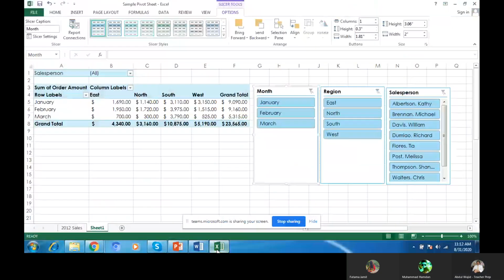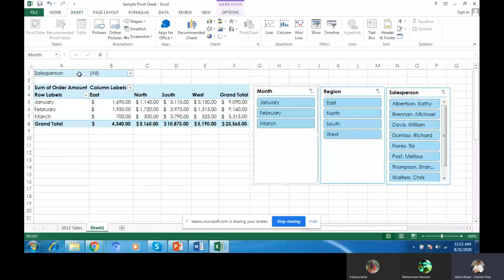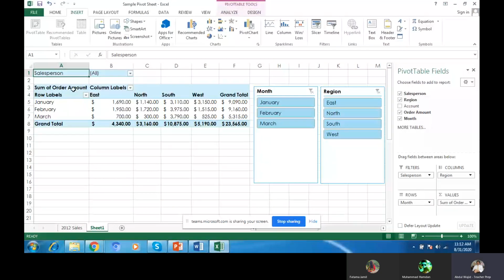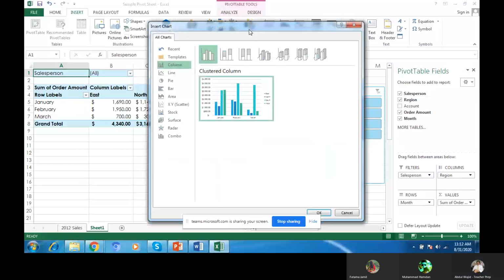Now we will click here. Now you have a chart of the pivot table. Now when you click here, pivot chart, this is the other chart. This is the pivot table chart. When you click here, it will go to that one.